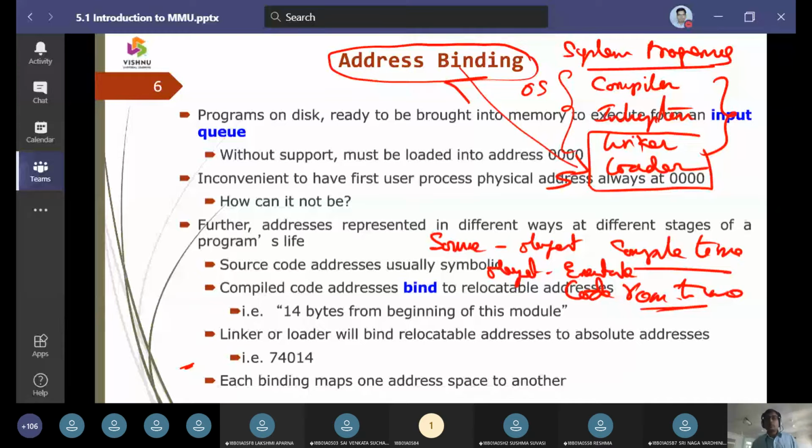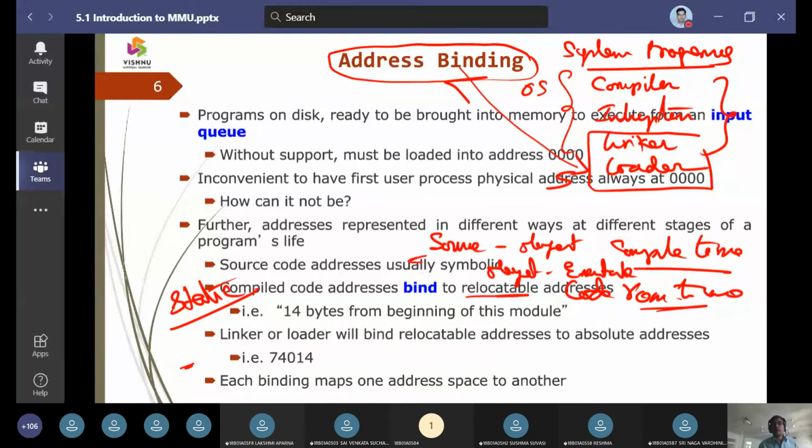Next, we have another word here, relocatable addresses. If things are done as static, we say the addresses cannot be changed.